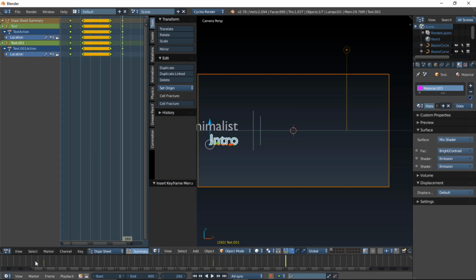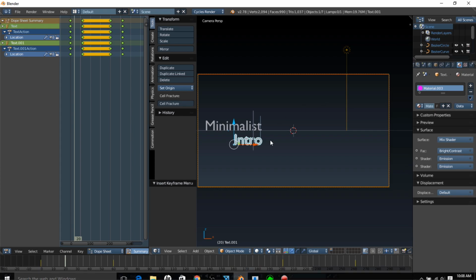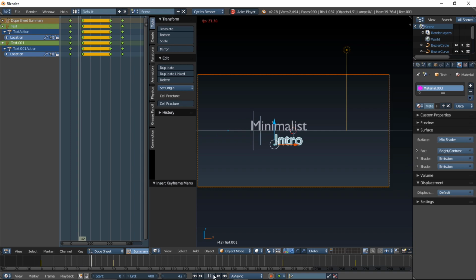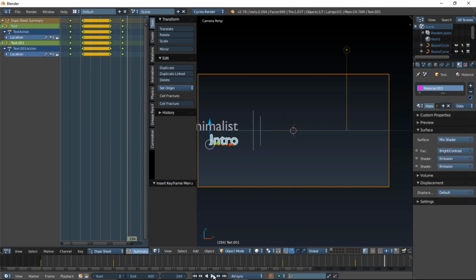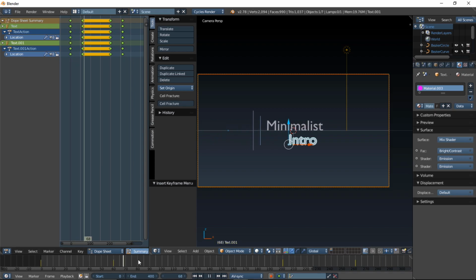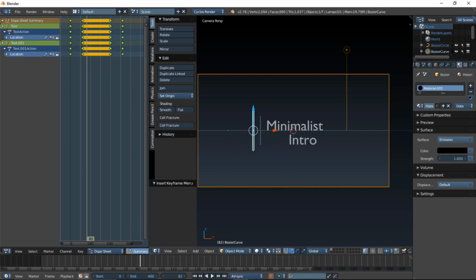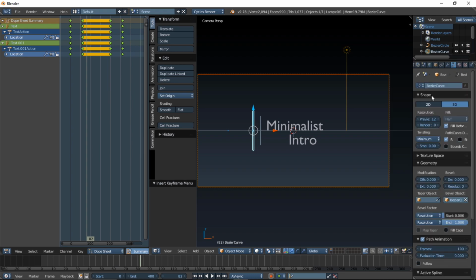Alright, so let's go ahead and see how that looks. Let's go to the timeline down here and go all the way back and play. See how that looks. Alright, now the next thing we're going to do is focus on animating our curve. We're not done with the text yet, but we're going to go ahead and animate our curve so we don't forget about that. The next thing we're going to do is go into the curve settings,